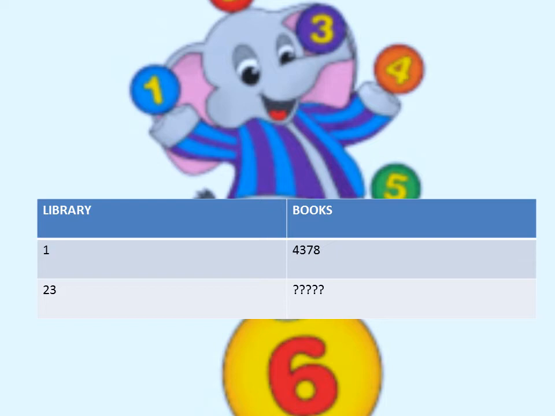So 23 libraries will have how many books? This is how we need to break it up according to the requirement of the sum. We write down the numbers just below the items so that it gives us a clear picture as to what is given to us and what is required for us to find out.